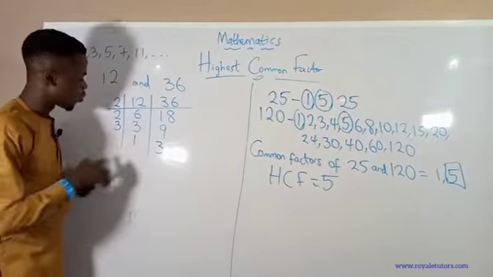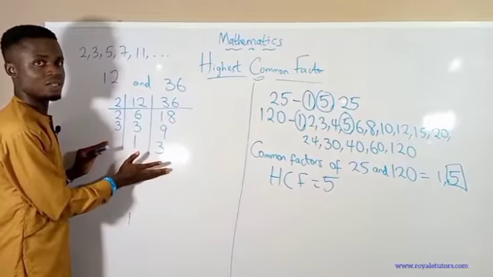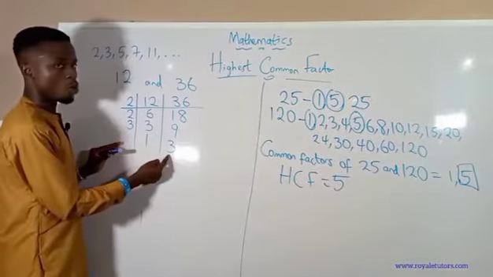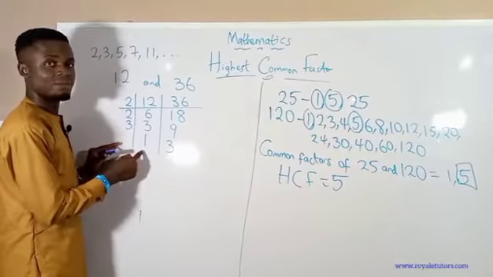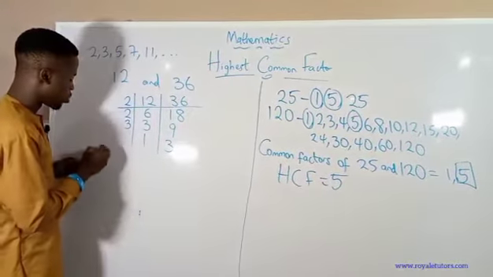Now looking at this, 1 is not divisible by 3. So you have to stop there because we are dealing with HCF. Though 3 is divisible by 3, 1 is a number that is lesser than 3, so it's not divisible by 3. So you have to stop here. Now you go ahead to say that